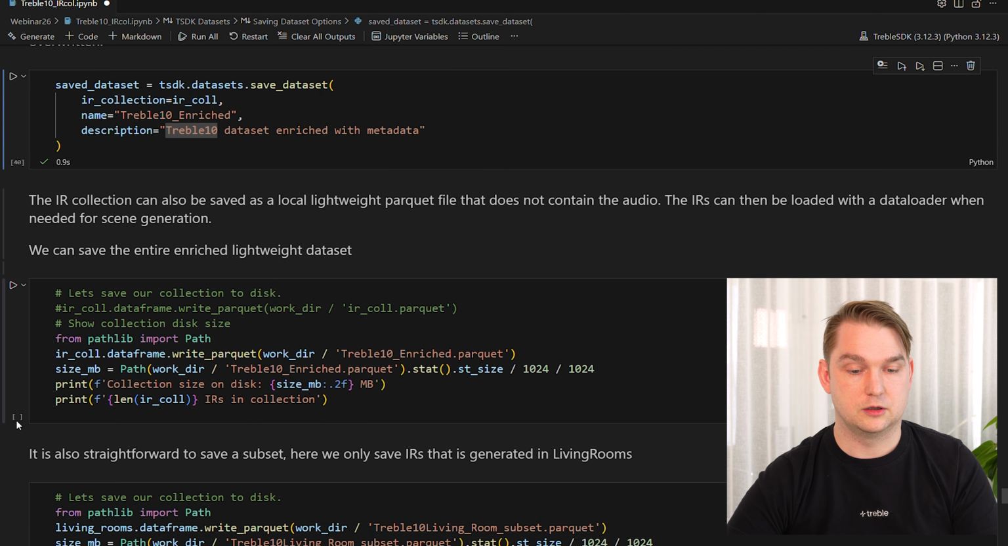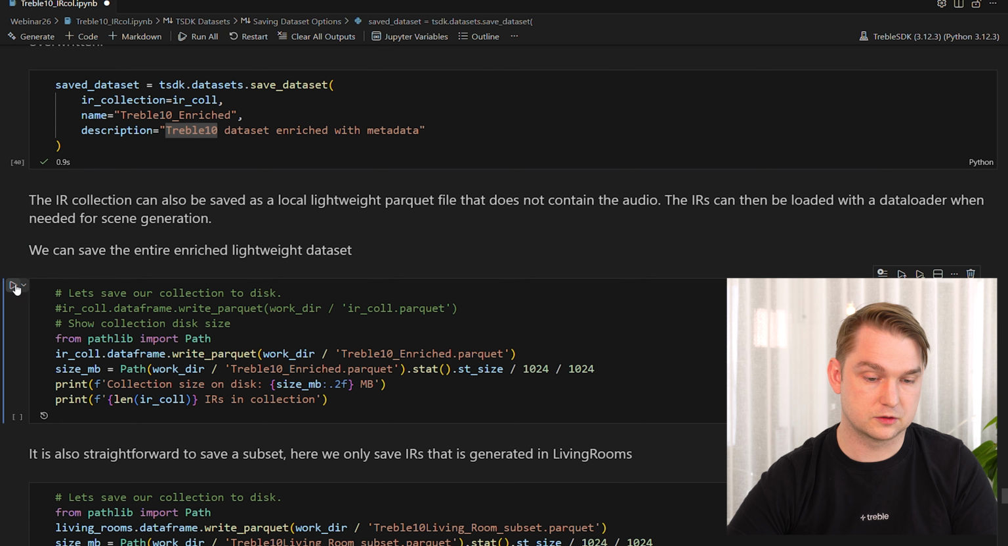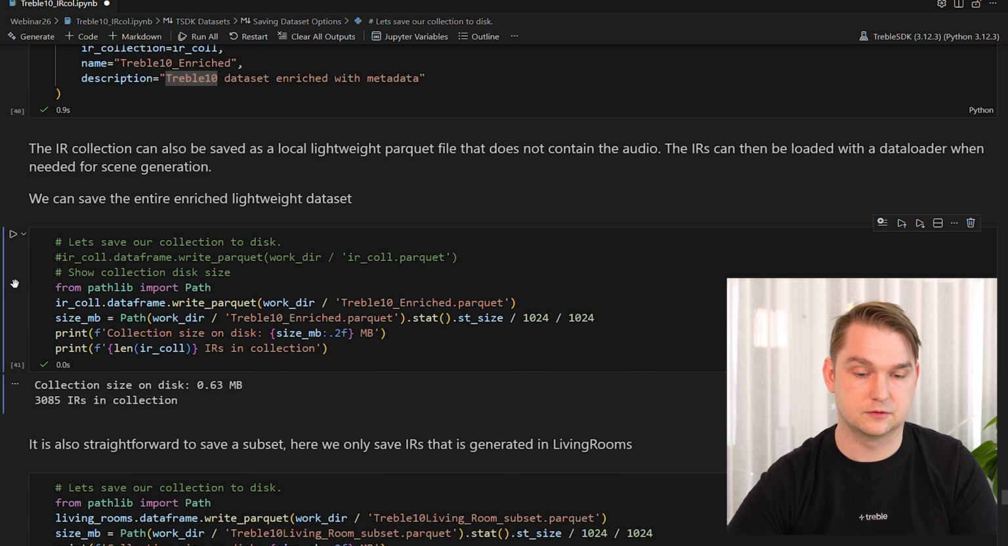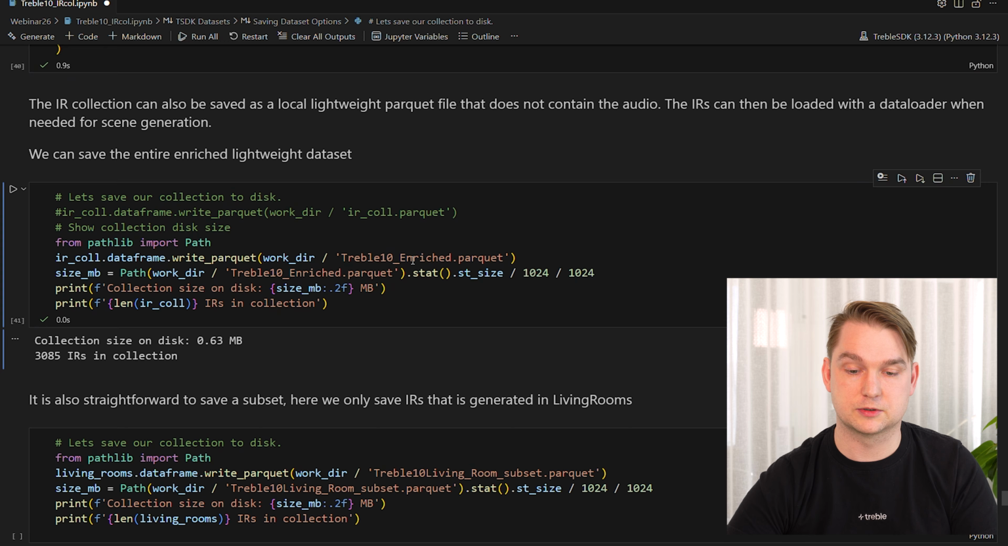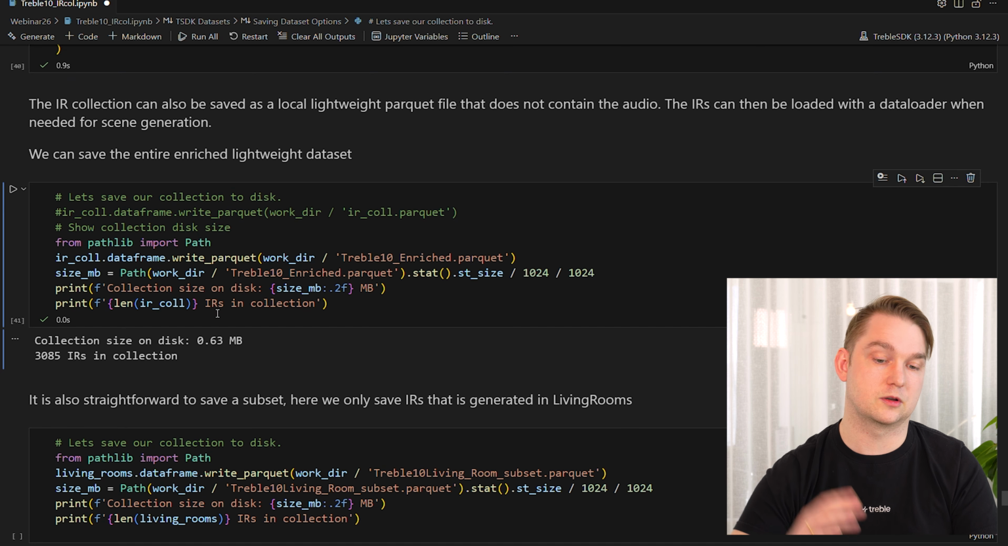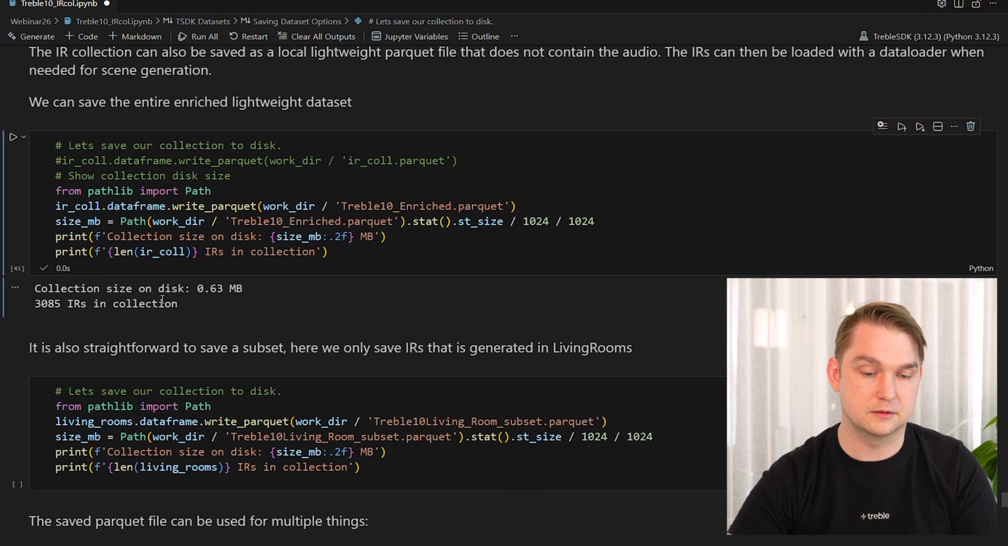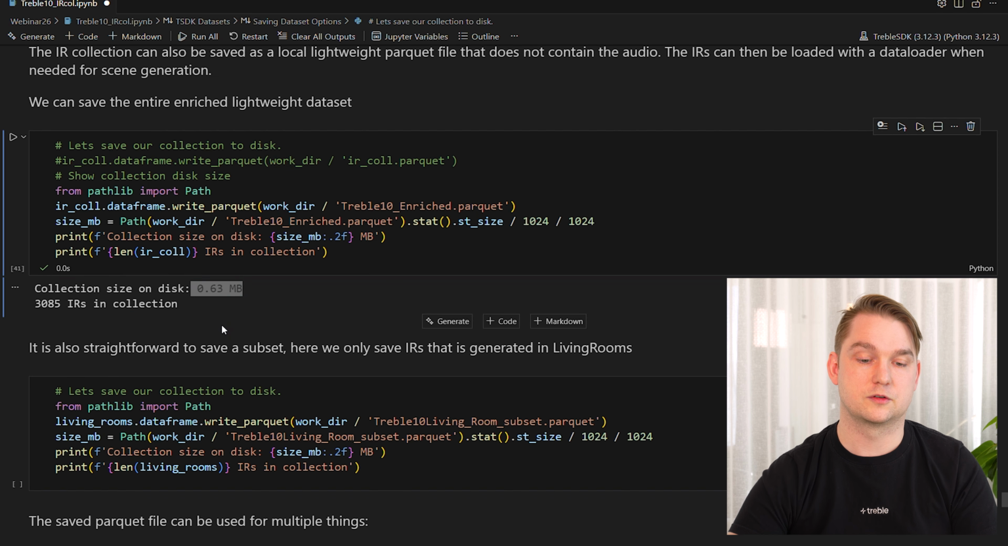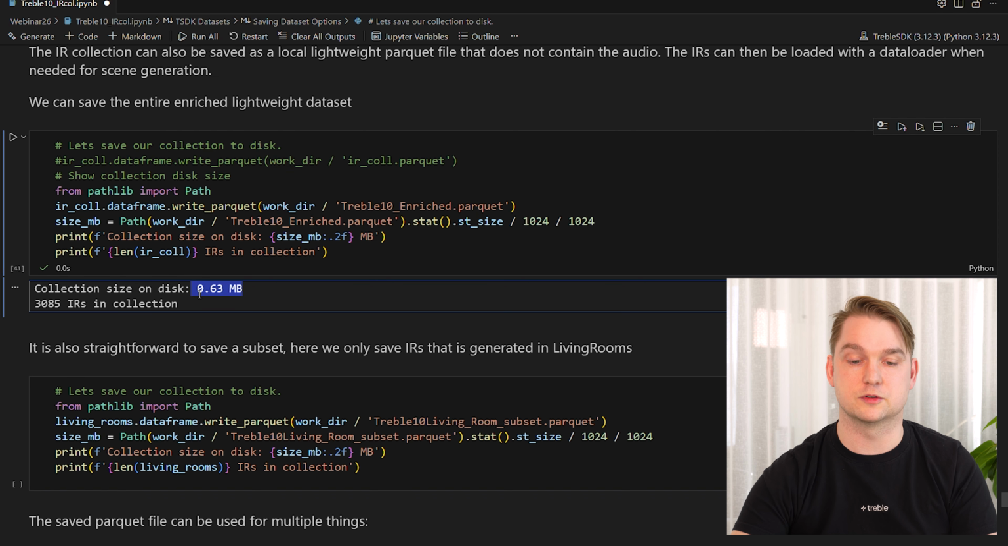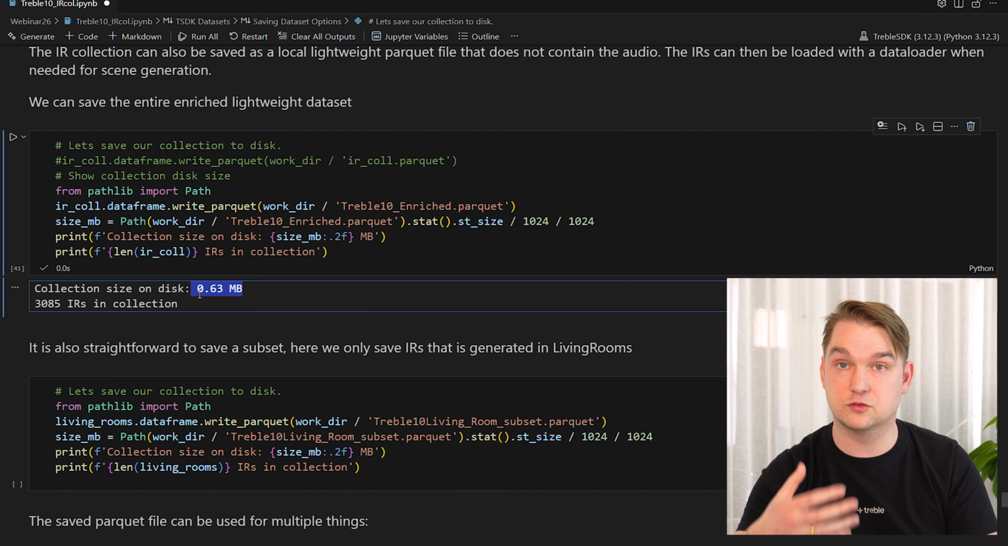Again, if you want, you can also save it as a local Parquet file. That also works straightforwardly. So here I save the entire Treble10 dataset, which I enriched, with all the added metadata, as a Parquet file. It's very memory efficient because the actual IR, so the actual audio, is not in the data frame. It's just the metadata that we're working on. That was by choice, basically. So the operations and the filtering and everything is instant. And once you're happy with